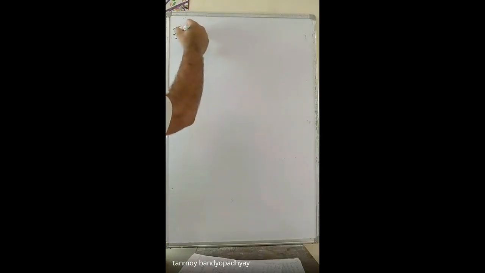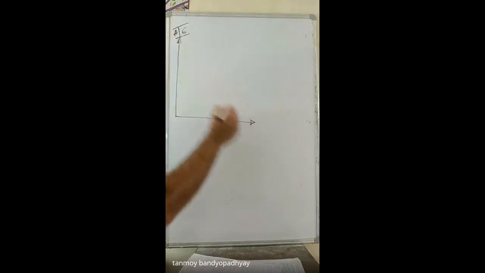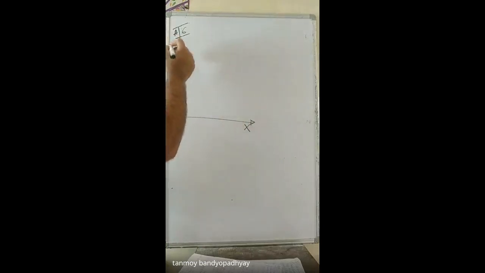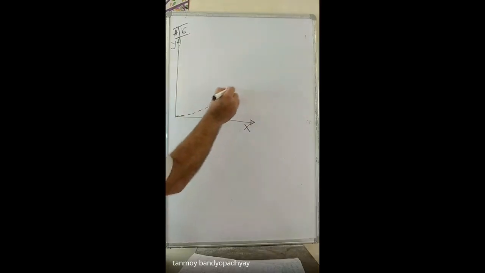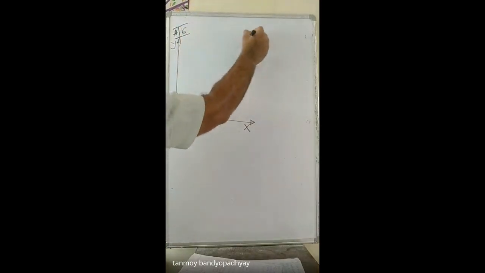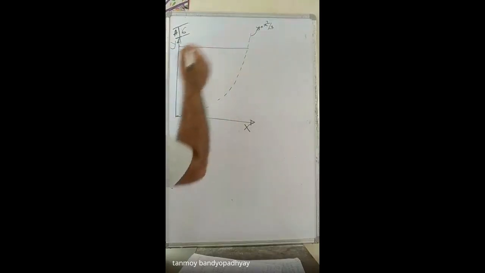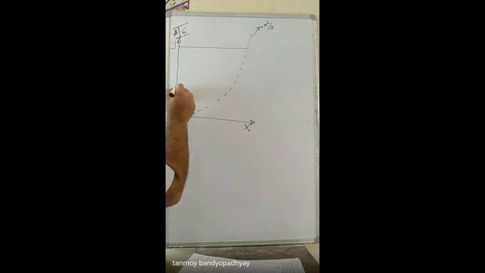So problem number A6. This sort of problem is probably basic, the same thing as what we have done while calculating the centroid. This is an area bounded by a curve. There is a curve like this, and the equation of the curve is y is equal to x square by 3. And this is the bounded area by this curve. The intercepts at y are, this is 1, this is 4.